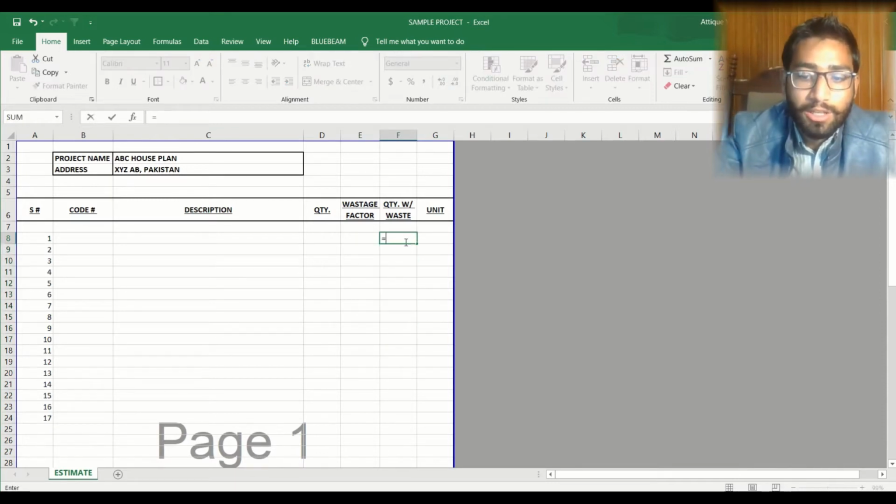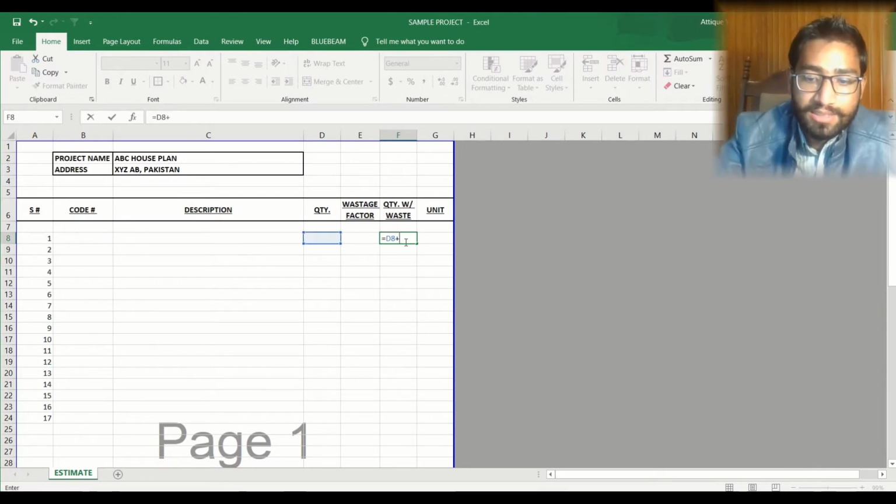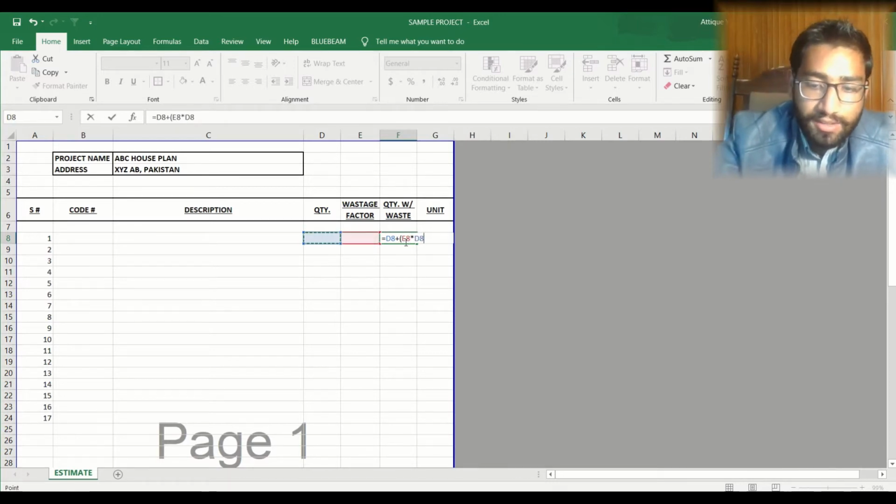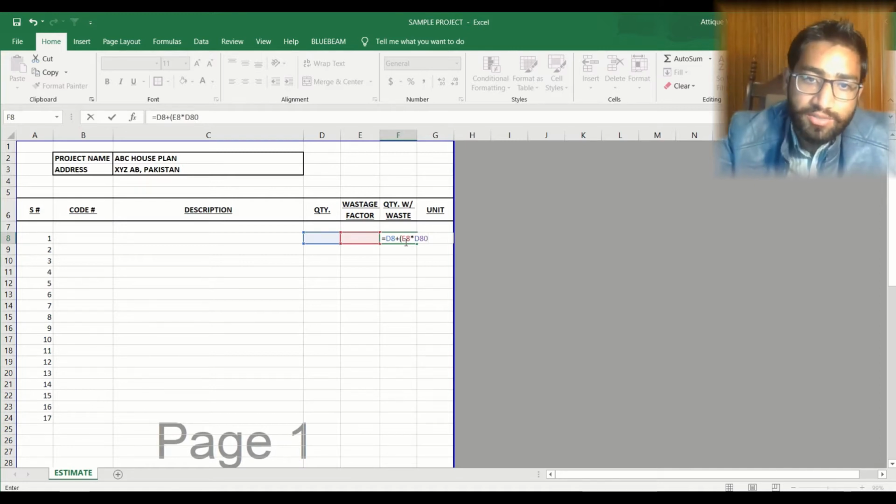In here we will be going to have the formula of this plus 1, sorry, this multiplied by this into this. So actually what does this formula show?